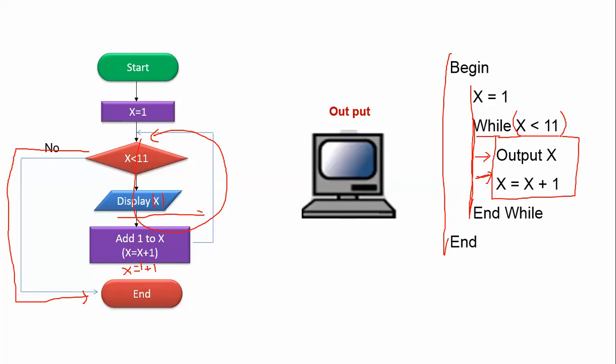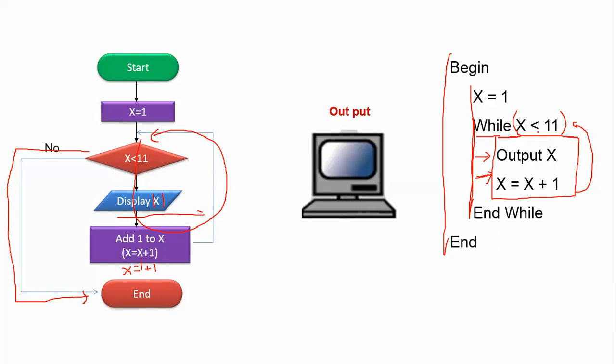While x less than 11, so first of all, x is 1, less than 11, that is true, then output 1, then 1 is added to 1, 2, then it will go to here, 2 less than 11, that is true, therefore output 2, then increment by 1, then x becomes 3, 3 less than 11, then output 3, 3 plus 1, that is 4, 4 less than 11, that is true, then 4 incremented by 1, that is 5, 5 less than 11, that is true, output 5, then 5 add 1, 6, goes to here, 6 less than 11, that is true, output 6, 6 plus 1, 7, then goes to here, 7 less than 11, that is true, output 7, 7 plus 1, 8, then 8 less than 11, that is true, output 8, 8 plus 1, that is 9, then goes to here, 9 less than 11, that is true, output 9, 9 plus